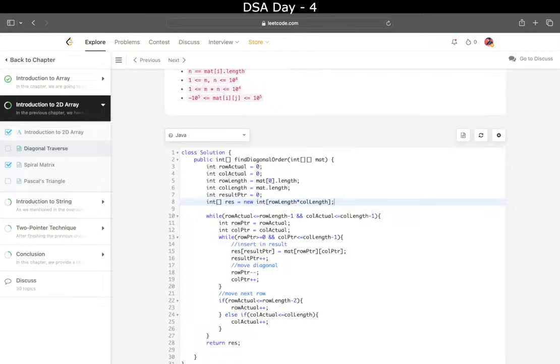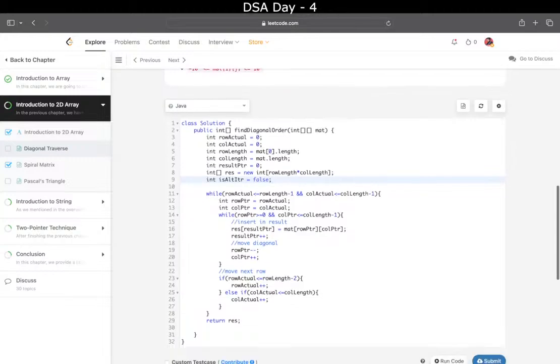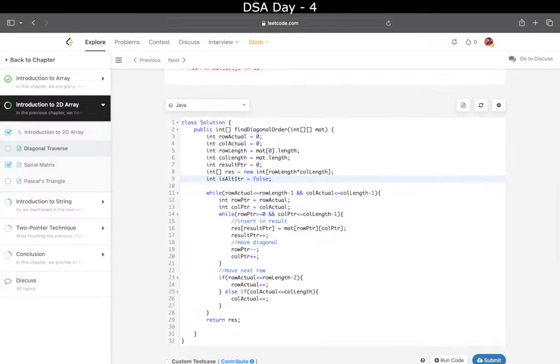Each odd iteration I have to reverse print. So isAltItr is alternate iteration. Obviously it will start with false. Now when I'm moving to the next row,